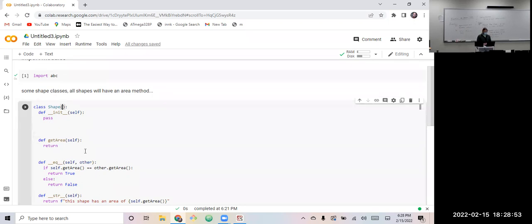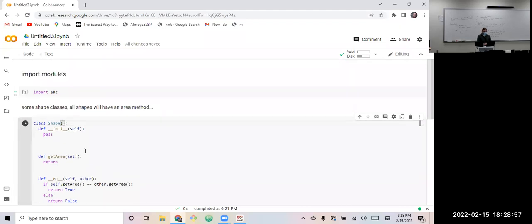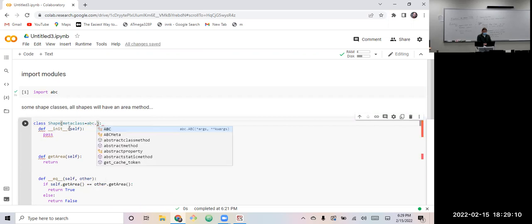And to do that, we can extend the abstract base class. Again, there's a parent-child relationship, but we do have to do it in a special way. We want to say metaclass equals abc.ABCMeta.